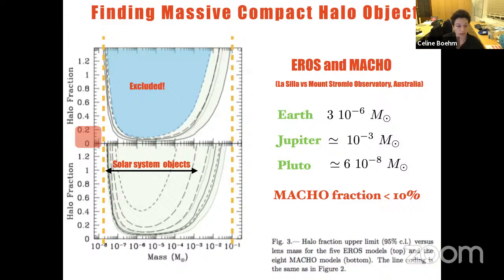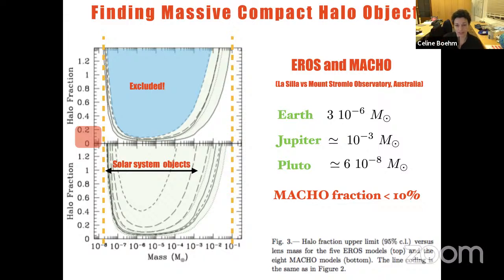And so you see here a plot, and again, EROS and MACHO found more or less the same. So I think this is the MACHO plot, but they were in agreement. So the halo fraction that you see here is essentially less; everything which is colored is excluded. So what is left is everything that is not in those regions. And so either it's an object which has to be extremely small, less than 10 to minus 8 solar masses, or it has to be bigger than 10 to minus 1 solar mass. And if it's in that range, 10 to minus 8, 10 to minus 1, the fraction has to be lower